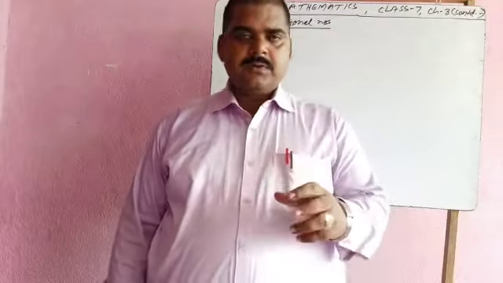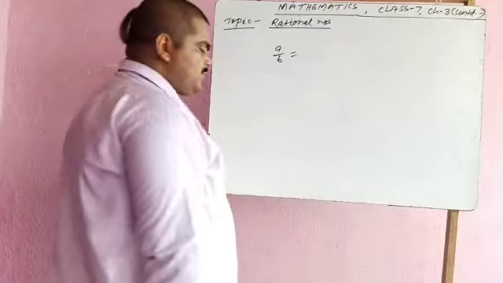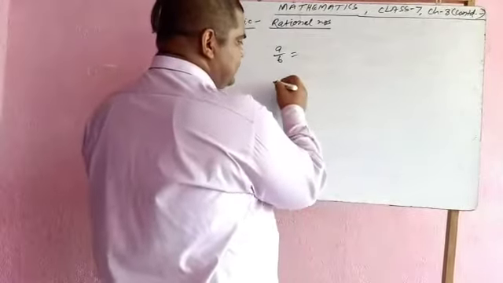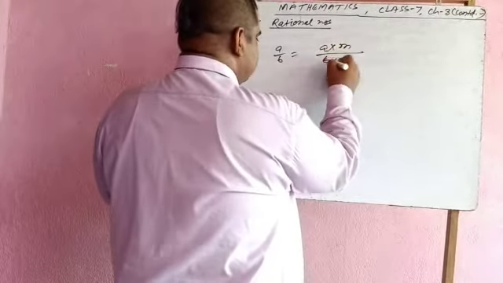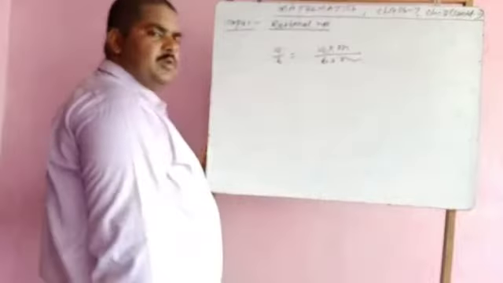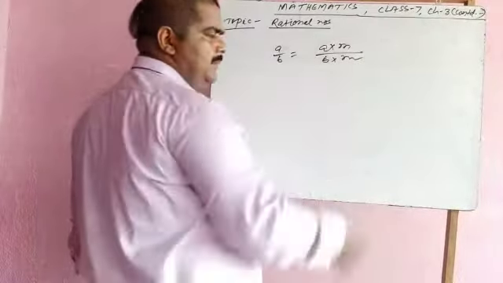First I start with equality of rational numbers. My dear students, consider a given rational number a upon b. Suppose another integer is m, or c, or any number; I have just taken m as an integer. If a upon b is multiplied in its numerator and denominator by this constant number m, or if it is divided by m,